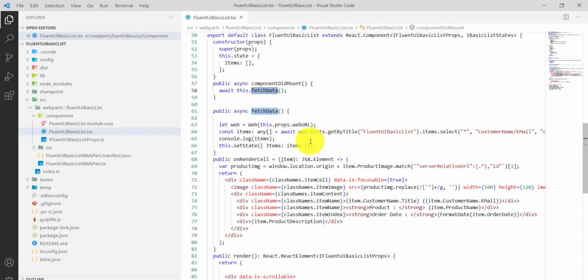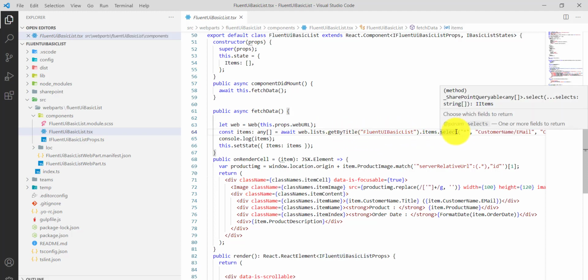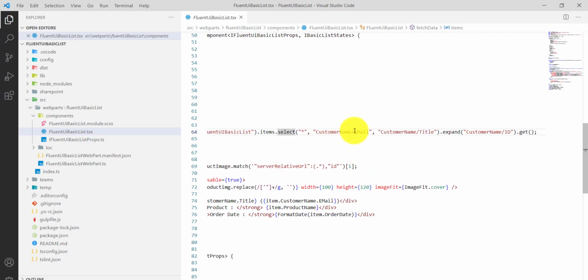So in the fetchData, what we did here is we got this webURL, and then this is the code which you can write to get the items from the list. In this case, getByTitle, and this is the list name, dot items dot select star. So we want everything from that. And then this is the customer name, email, title, IDs, dot get.